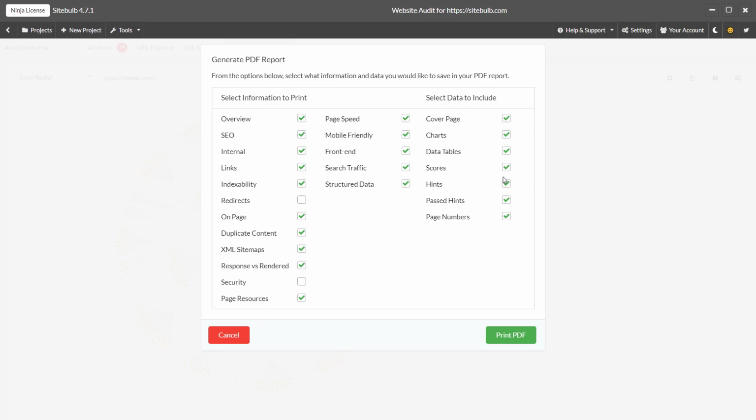And if you didn't want to show the hints, or you didn't want to show any of the charts, you just click these buttons and you can customize this exactly as you want, and then print a PDF, and then you can send that to your client, which is often